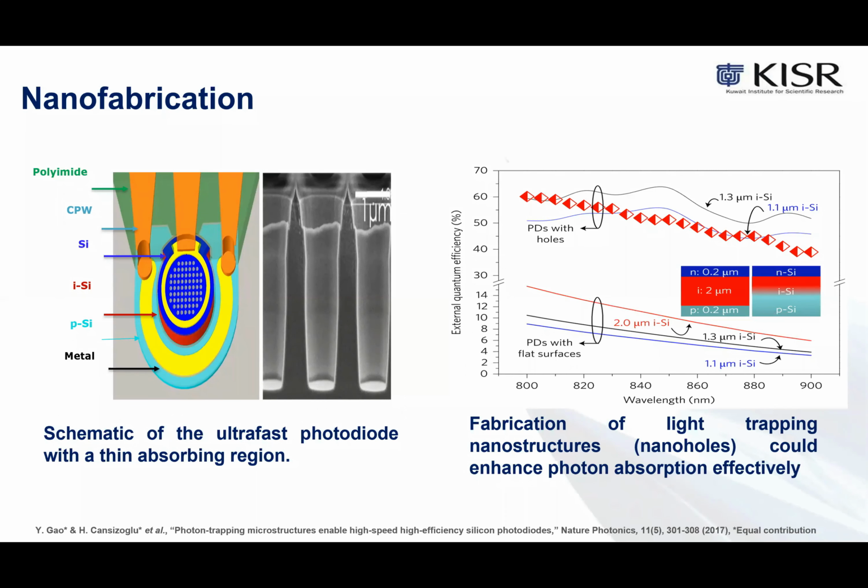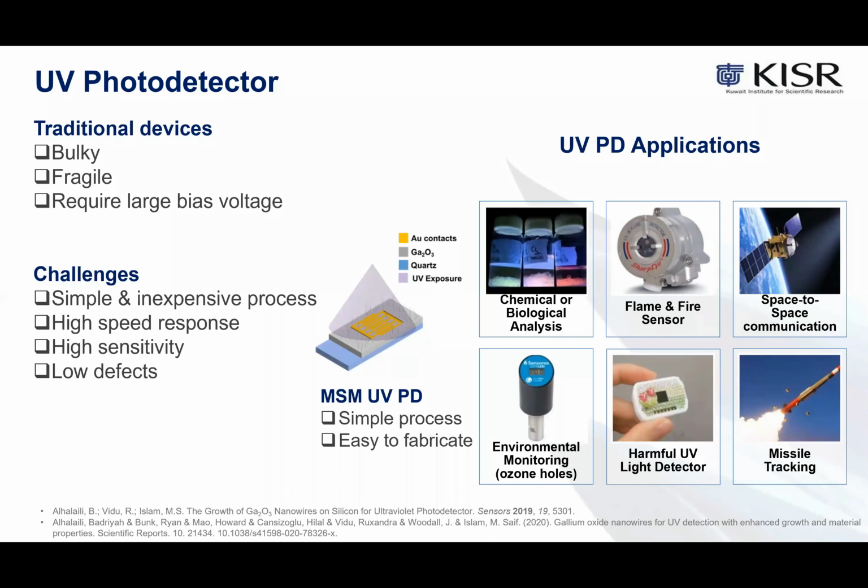These 3D holes have been fabricated on the surface, and we can see here in the plot of quantum efficiency versus different wavelengths that the efficiency has been highly increased from a flat surface photodetector to the one with deep holes on the surface of the silicon. So this kind of fabrication is still under development, but it is very challenging. We have also achieved development of a UV photodetector.